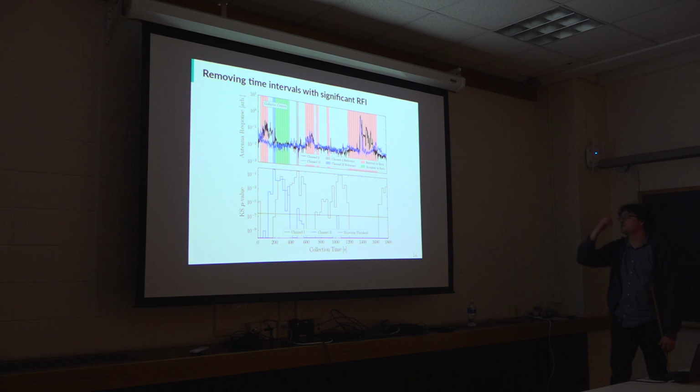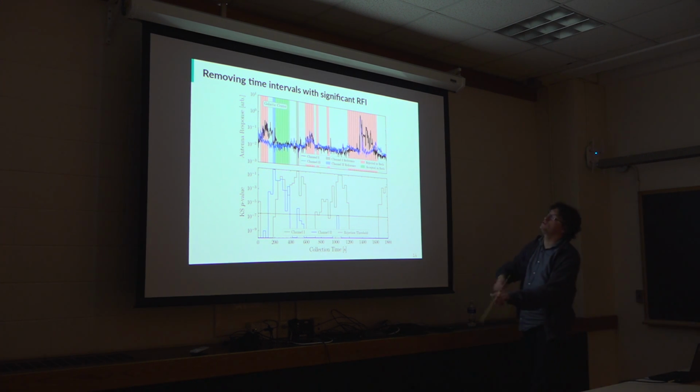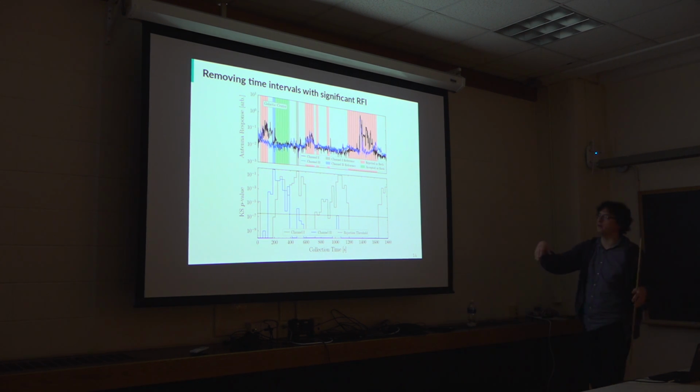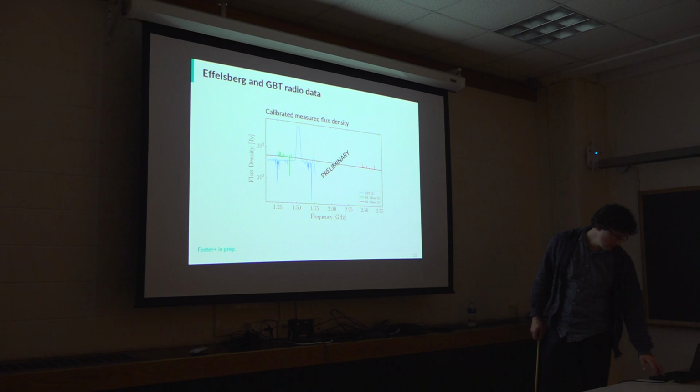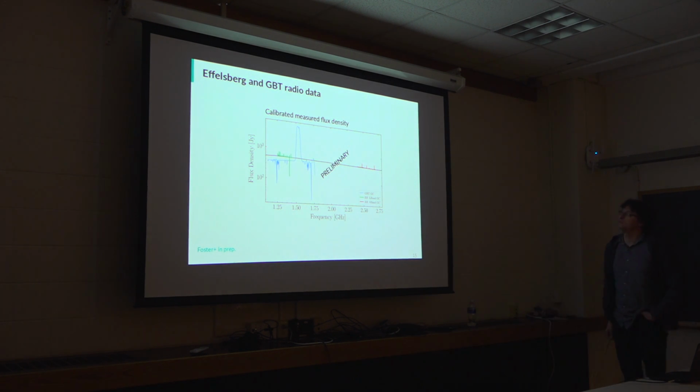Good. So one interesting thing that Josh Foster, one of the PhD students of Ben Safdi, did in terms of data analysis is to use the fact that we had GBT data in time chunks. He decided to analyze the entire data set both in time space and in frequency space, and then use Kolmogorov-Smirnov tests to remove time periods where there was obviously large RFI. This helped a lot to get less noisy spectra. So these are the calibrated fluxes that we obtained in this way.